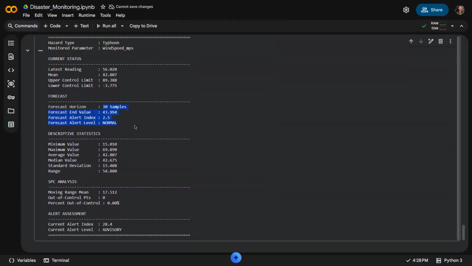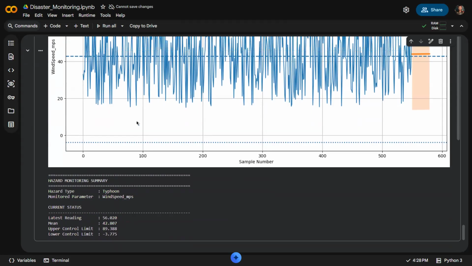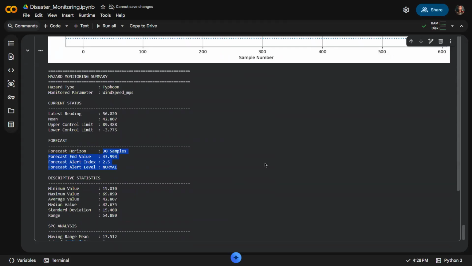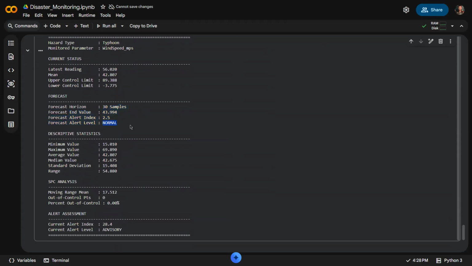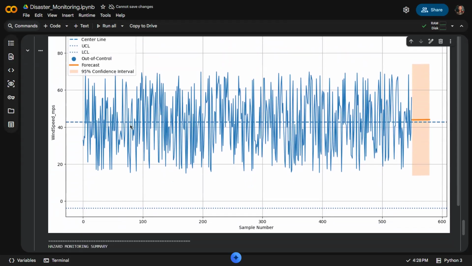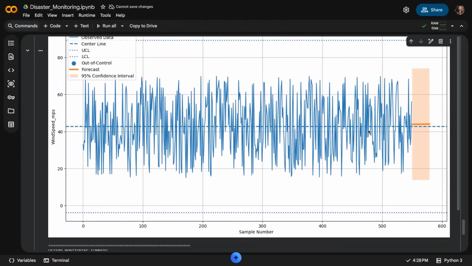For the forecast variation, we only have 30 samples, not 50. As you can see, it's normal because it's near the mean, the typical value. It's just slightly above the typical value, and way below the upper control limit.